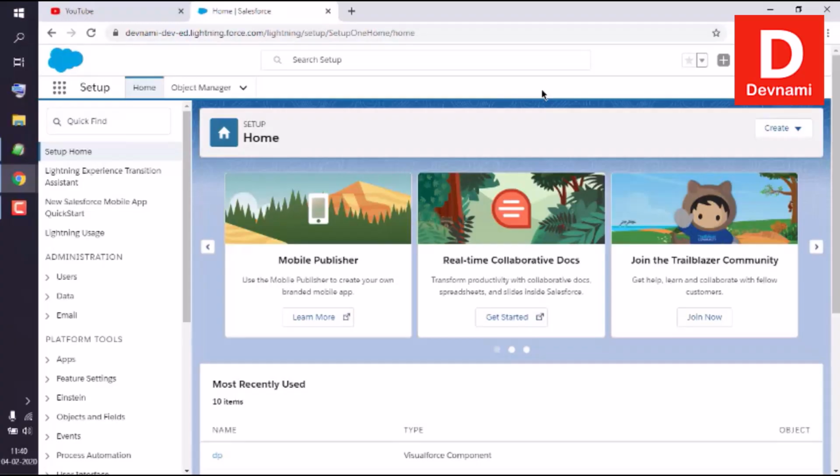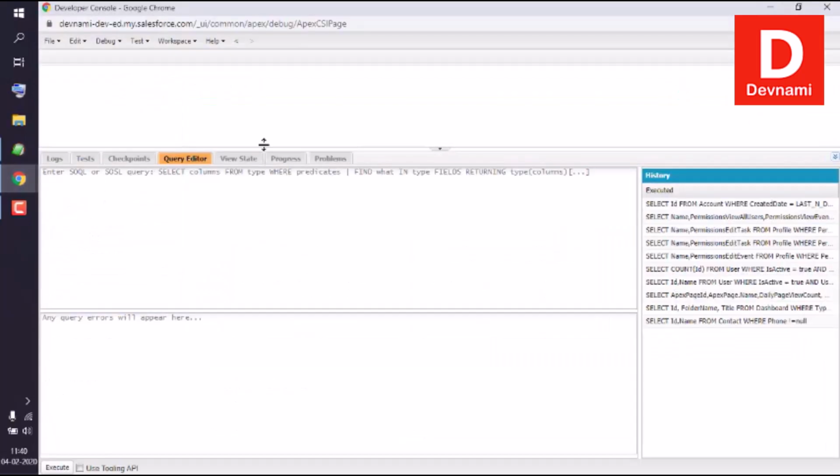Okay, so let's take a look at how to use the AND operator in a SOQL query. What we're going to do is log into the Salesforce dashboard, then go to the setup menu, then click on developer console. Now here we already have one developer console open, so in the query editor we are going to write the query